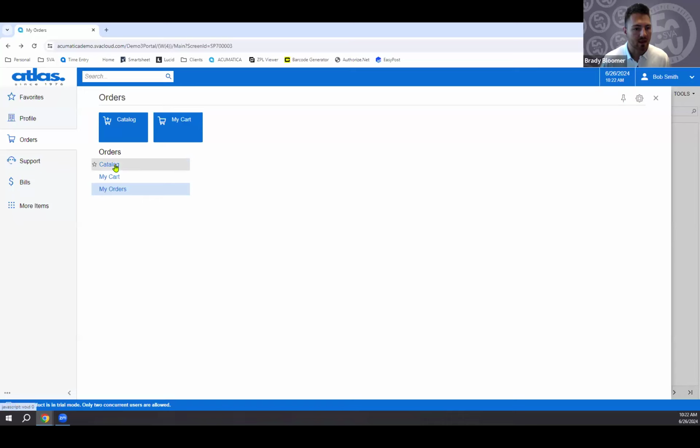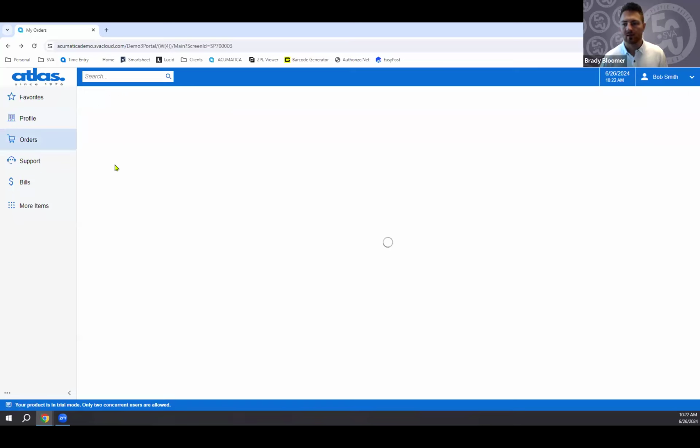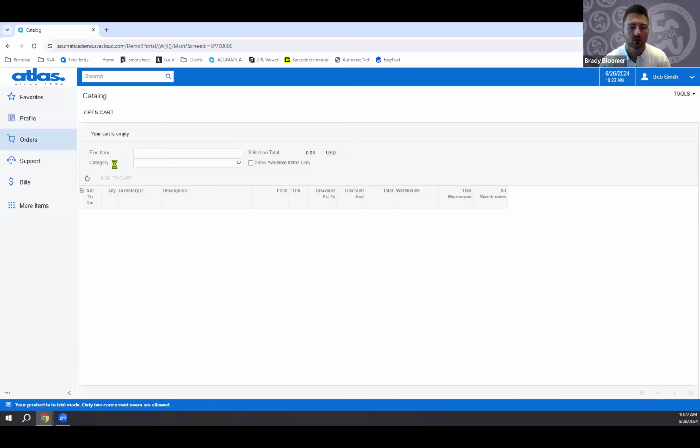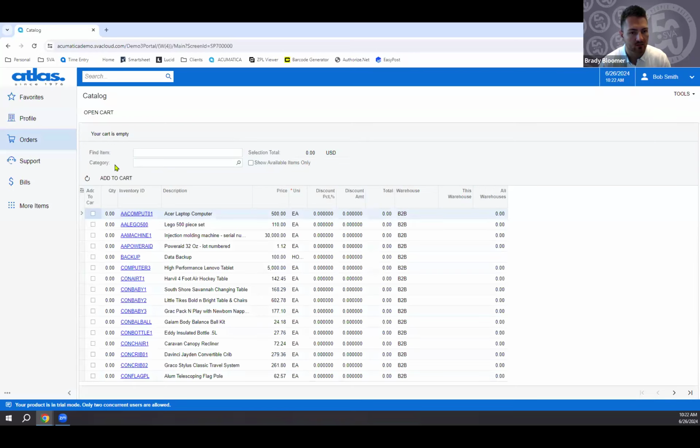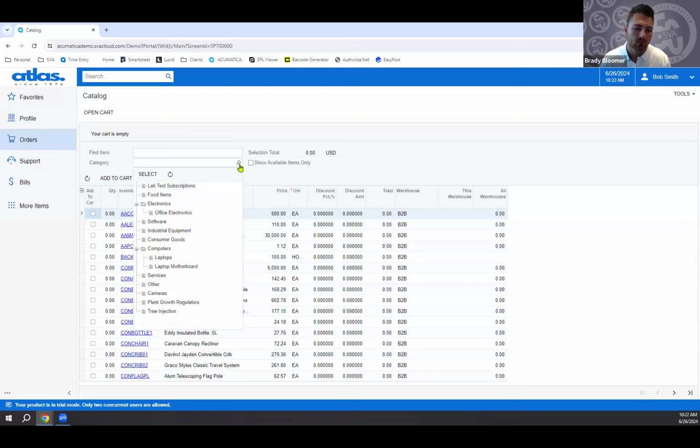And so going into the catalog, this is where I can take a look at the inventory under the Atlas account that I'm allowed to purchase. And so from here, I have a list of items that I can place on my purchase order or their sales order. I'm also able to filter this down to make it a more manageable screen for me. So knowing what I'm buying today, I can take a look at these sales categories and select one to filter down my list